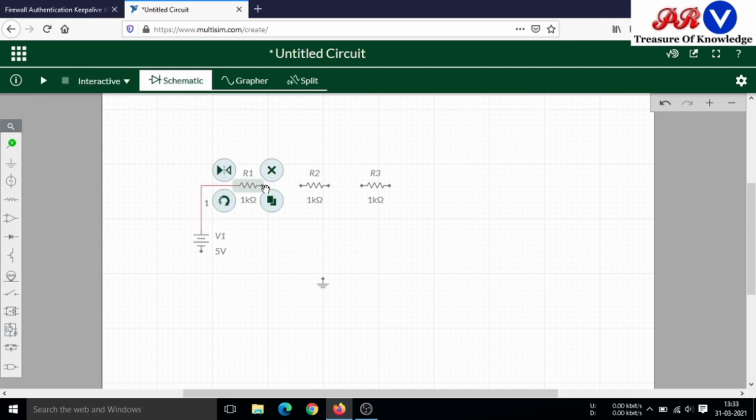So it is connected. In this way you can connect different components in Multisim.